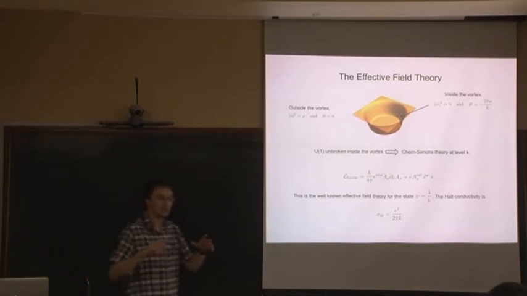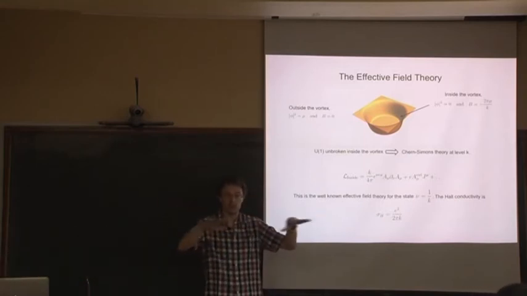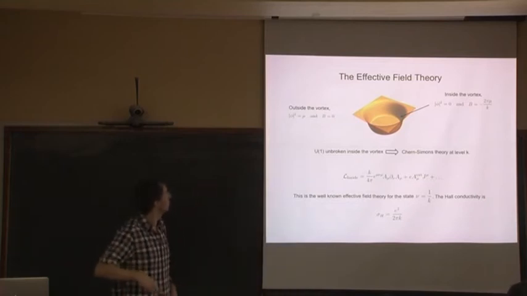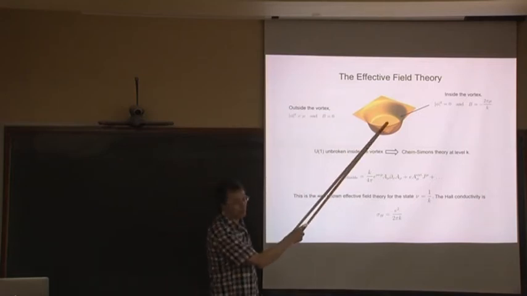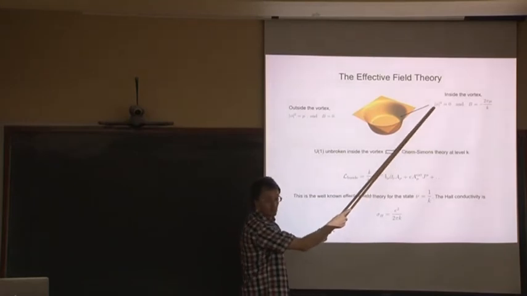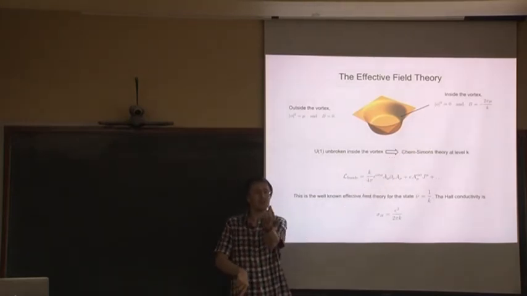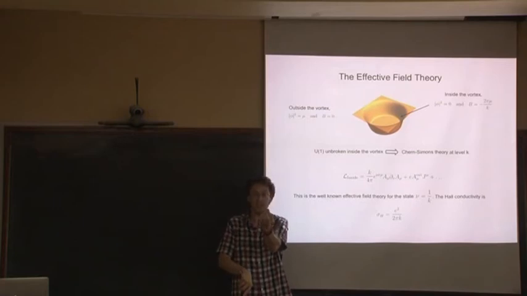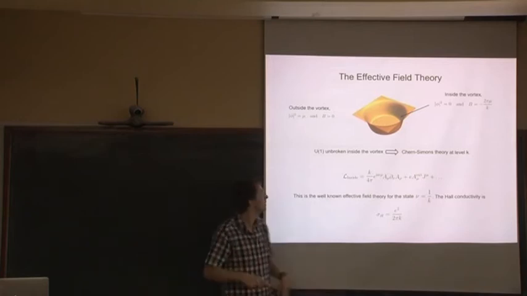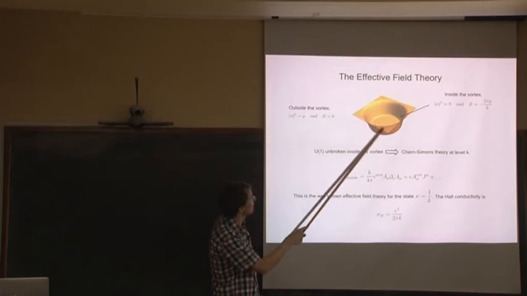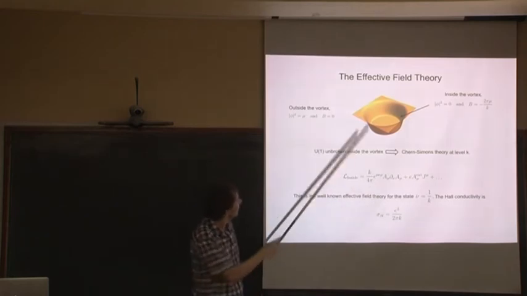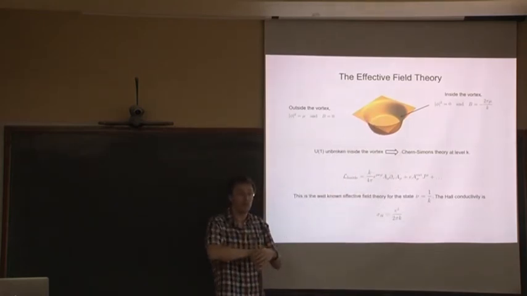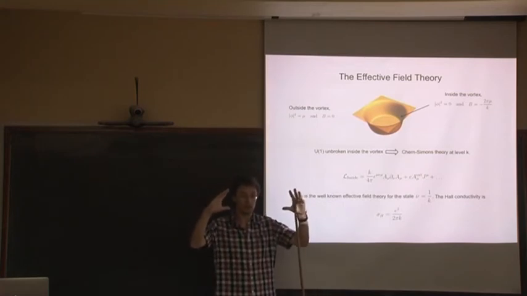Let's not look at the details of the vortices. Let's just look at what this state looks like on large distances. So remember, outside the vortex, this was the vacuum. The gauge field was broken. Inside the vortex, phi squared is 0 because, as I said, phi is basically a 0 of order 70 in the middle. Or if you have 10 to the 11 vortices, it's a 0 of order 10 to the 11. That looks just like a very flat phi equals 0 region. So in here, phi is 0. It's a good approximation everywhere. And meanwhile, there's a magnetic field which sticks through. But the key point is that inside the vortex, U1 is unbroken, and it's unbroken in a large region of space.